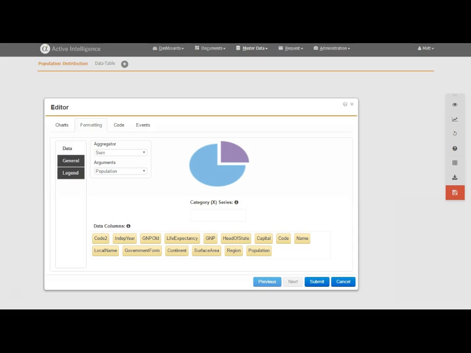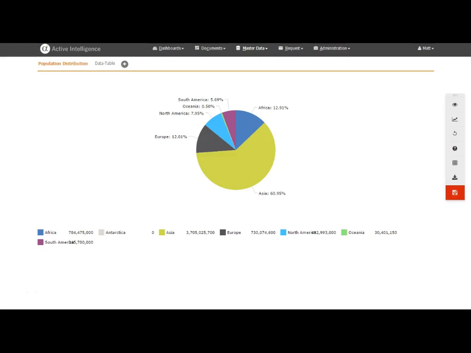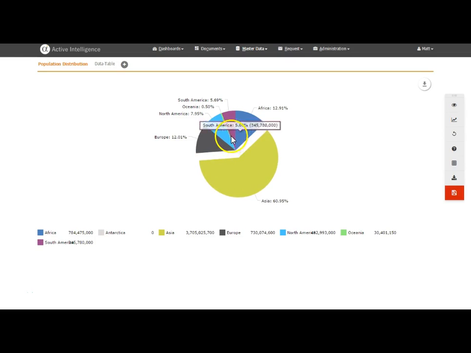Drag continent from data columns and drop it to the category X series. Hit Submit button to see the finished pie chart. In this example, we can see that Asia has nearly 61% of world's population compared to the other continents of